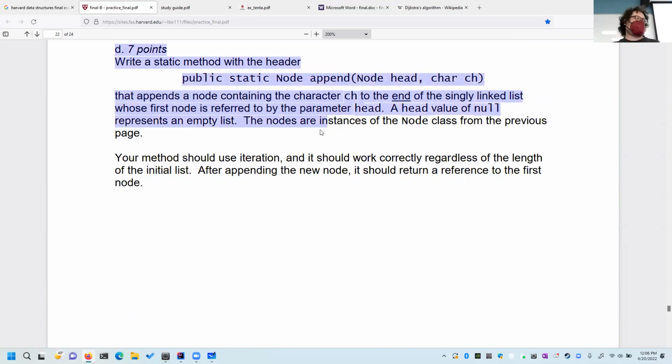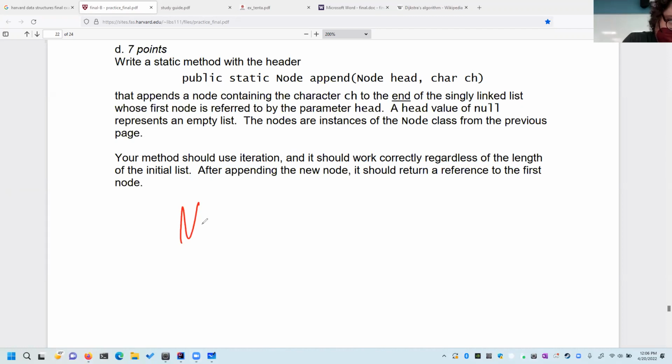So this is essentially a recursive problem, or you could do it iteratively. But you would want to approach it with a recursive problem, where the base case is if the head is null, create a new head. Okay. And otherwise, I'll write it down so you can see it. So after the base case, essentially node current equal to head